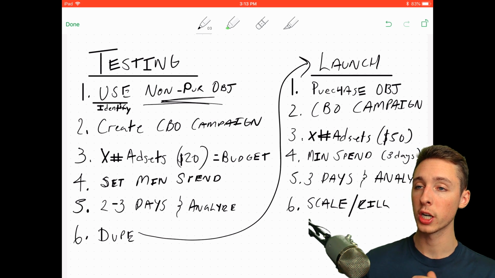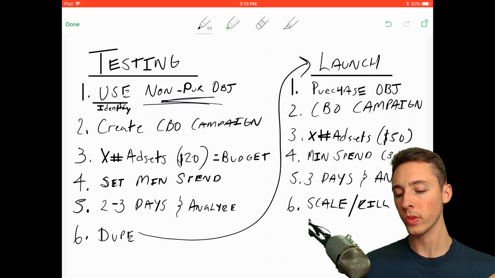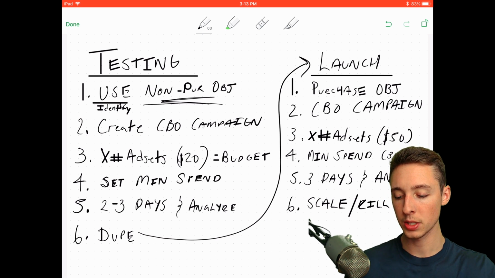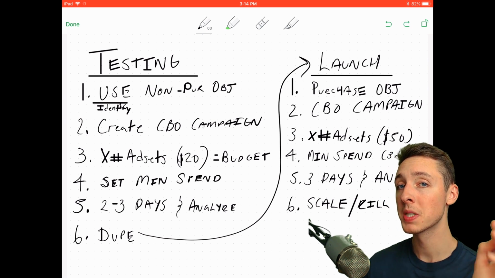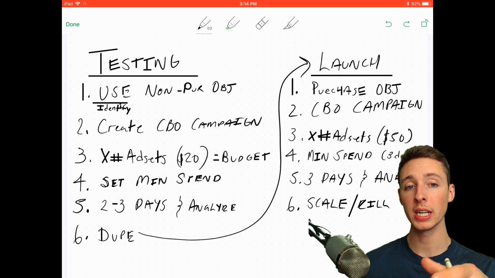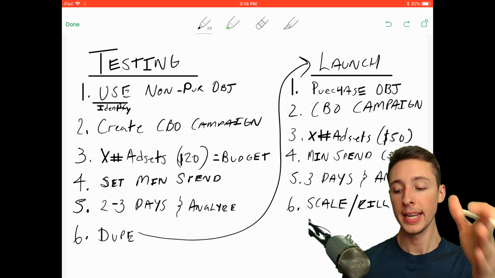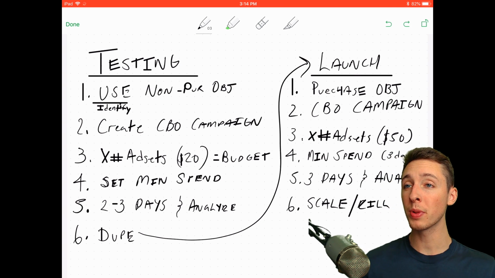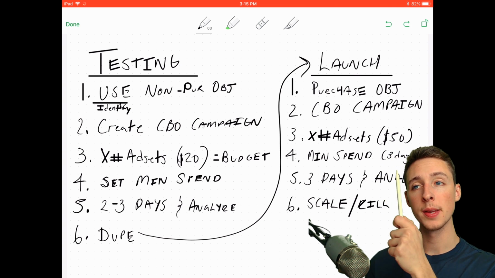Once you have that identified, you're gonna create your CBO campaign. Your budget is gonna be $20 times the number of ad sets you have that you're gonna test with. You're gonna set a minimum spend, and this is crucial when testing, so I'll break that down and I'll actually show you how to do that in Facebook ads. You're gonna wait 2 to 3 days, analyze the data,